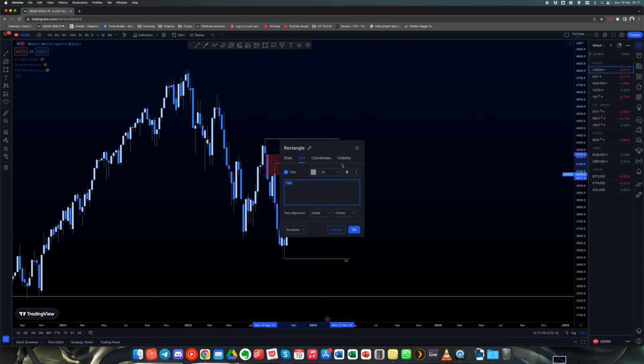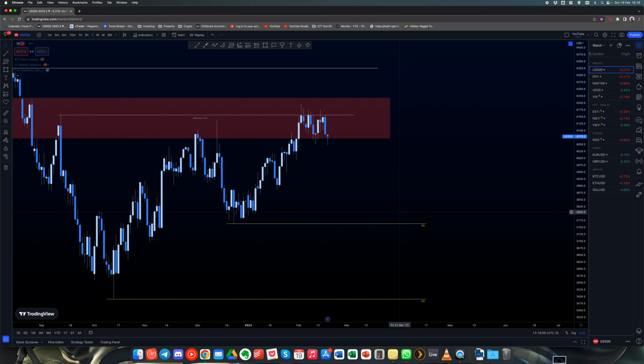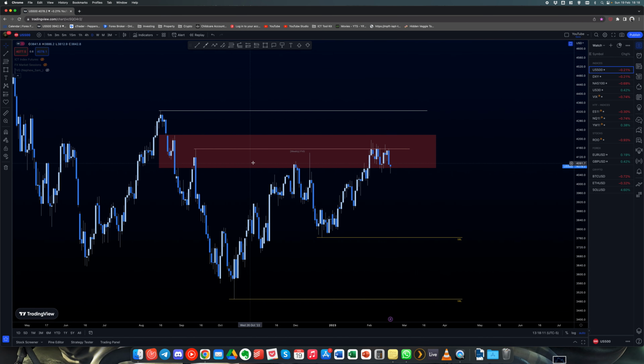Red box. And then this is the weekly fair value gap to the daily time frame. So you can actually see that we've traded above the 50% mark of this fair value gap, which isn't great in the scheme of things. We have taken the buy side liquidity here as outlined on the weekly time frame. We are now rejecting the bottom of that fair value gap. We've completely rebalanced this price here.